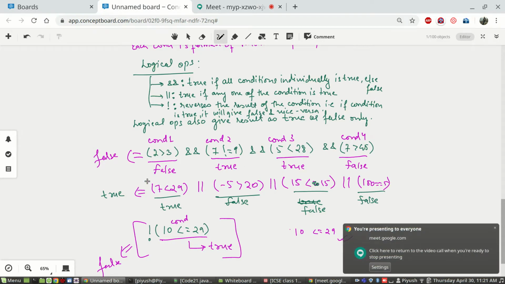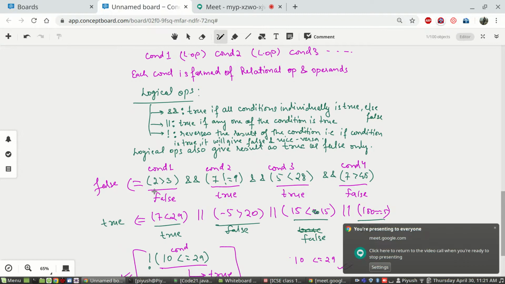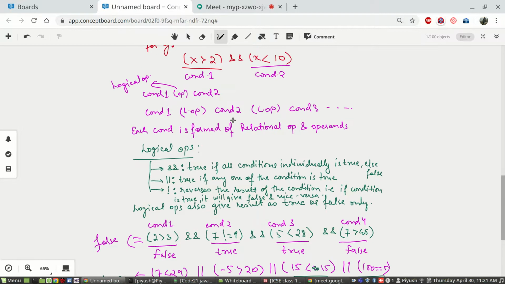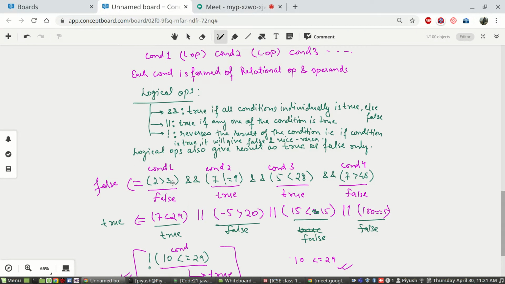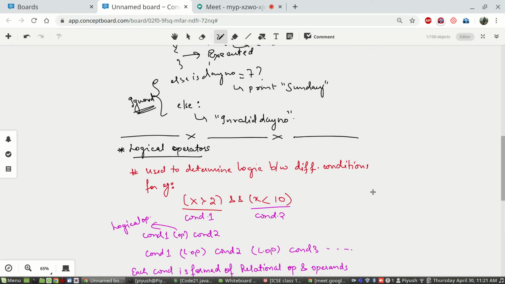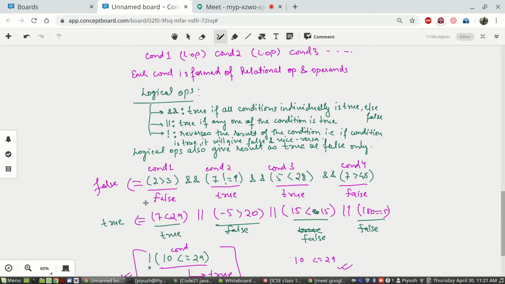Okay, so what is the use of this? Now, see, when you use relational operators for forming conditions, and then you further make it a bit more complex condition using it with logical operators, this becomes a very powerful tool for handling very complex types of conditions in if-else cases. We will see how we will use these logical operators to handle a not that complex but relatively good type of problem.